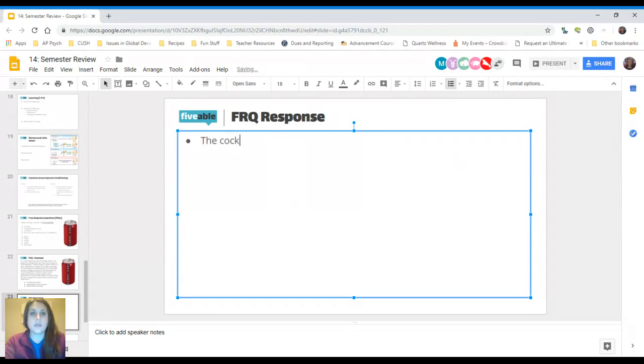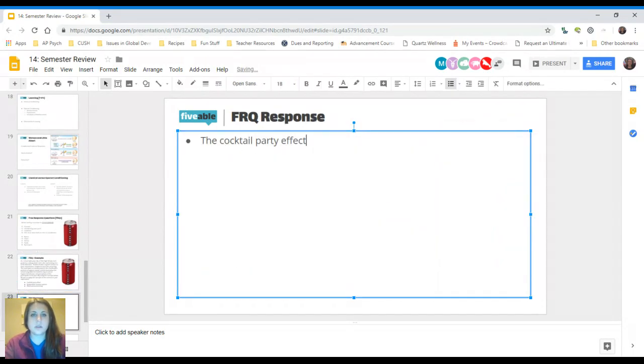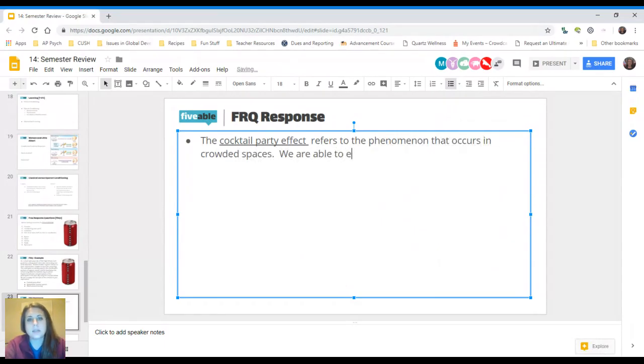I'm just going to jump right into a definition. Cocktail party effect, and then I should underline it because that's my term so that we see what it is. The cocktail party effect refers to the phenomenon that occurs in crowded spaces. We are able to eliminate or disregard